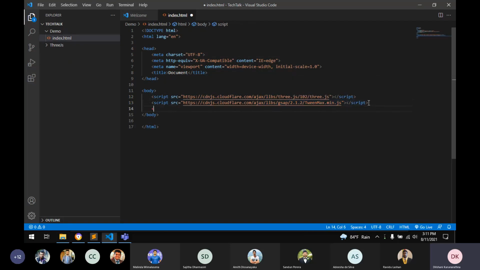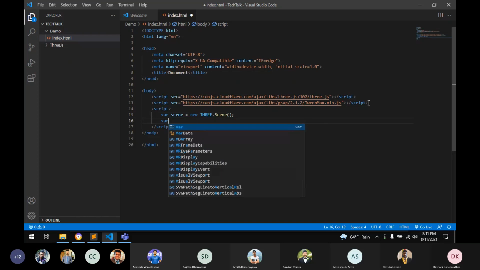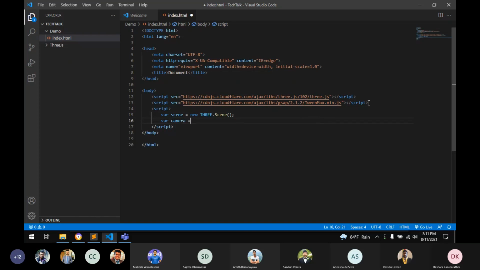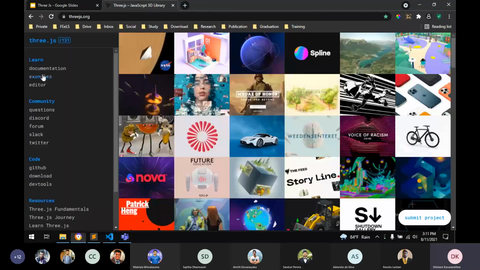So after that, camera, if you go to the website documentation,